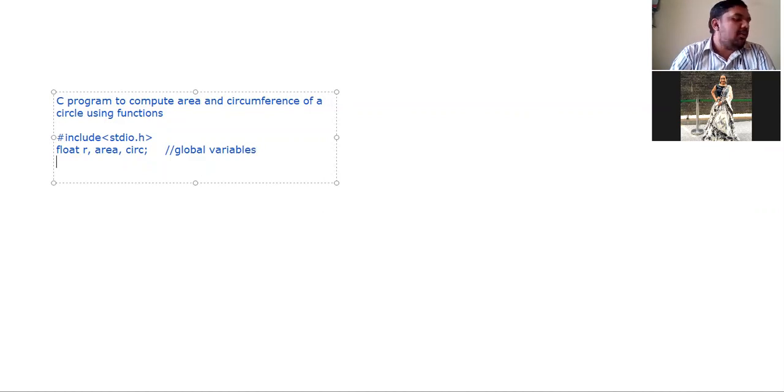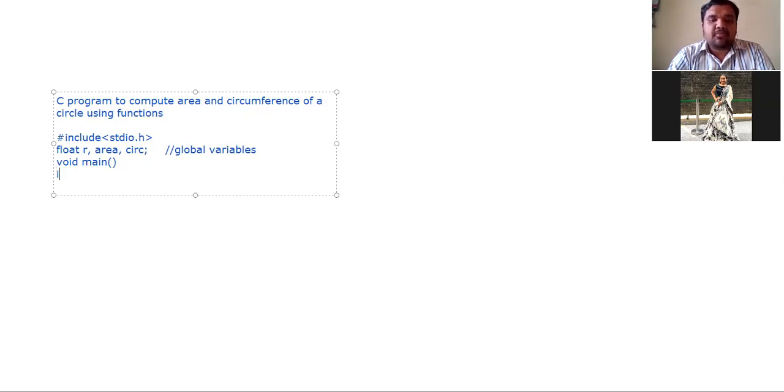Next we have the main function. Here we have not written the function prototype. No problem, I'm directly calling the function. If you don't declare the function prototype, the compiler is intelligent and will assume it has already been done. So the program works fine here also. Now let us call the functions in main itself.